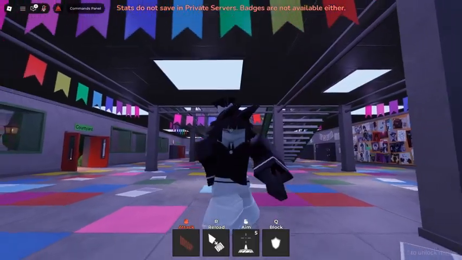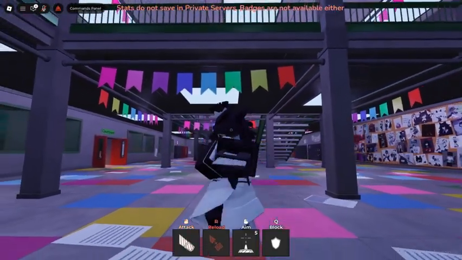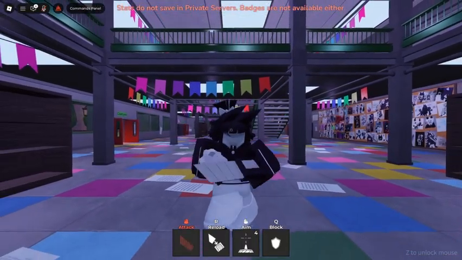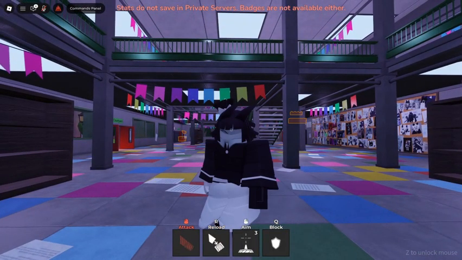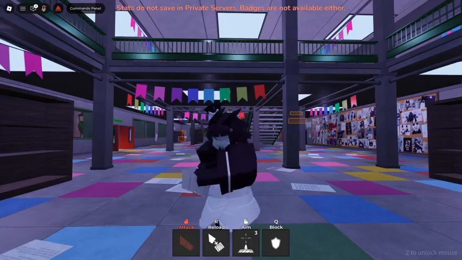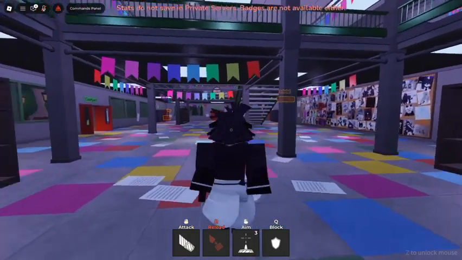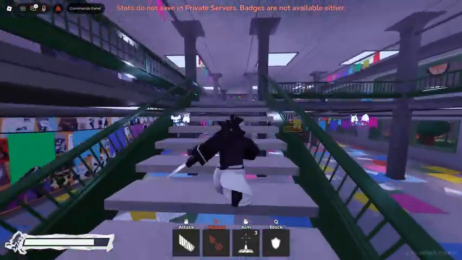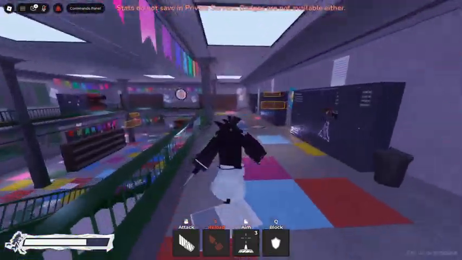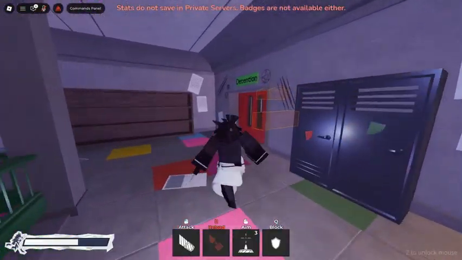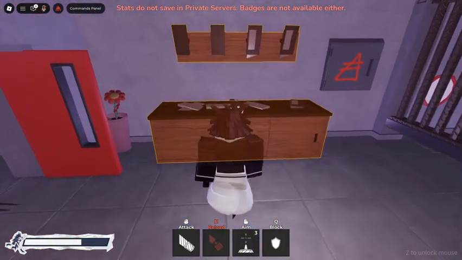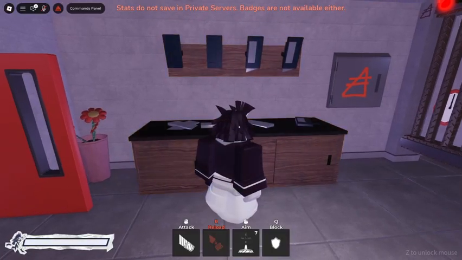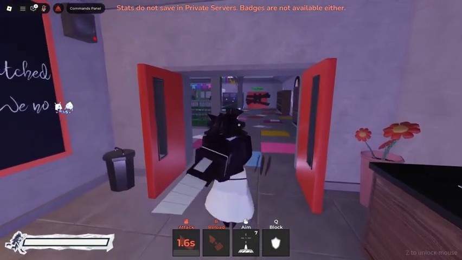Now, Miss Bloomy, if you get a headshot, that's an instant kill. But if you shoot anywhere else, it's not an instant kill. Anyway, as you can see, I've wasted a bit of ammo, and there are highlighted spots. If I go over to one of those highlighted spots, let me just go up to the one here in the dissension room. If I hold E, this gives me more ammo. So it puts me back up to 7 ammo.